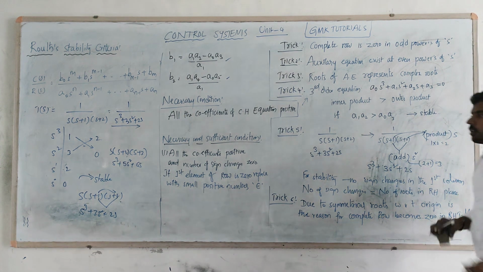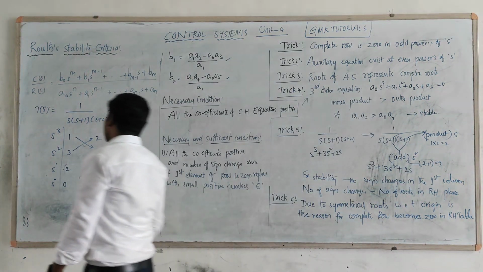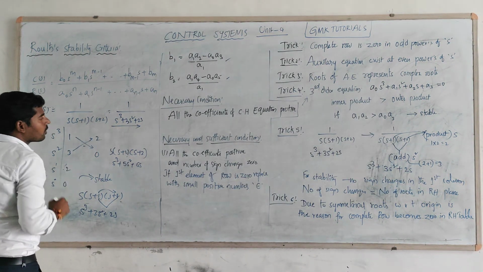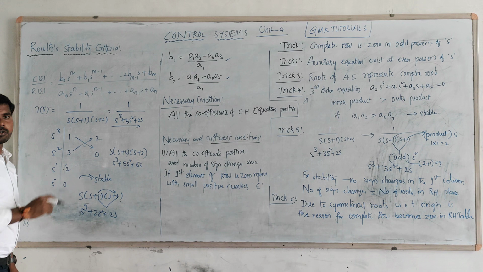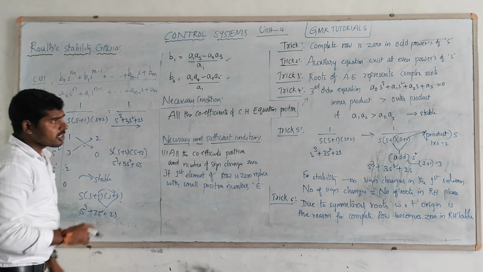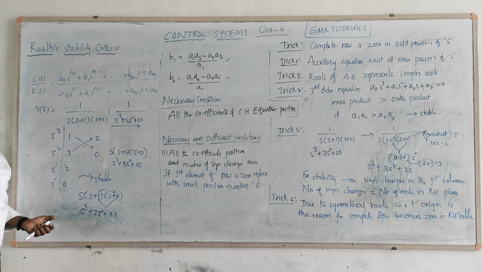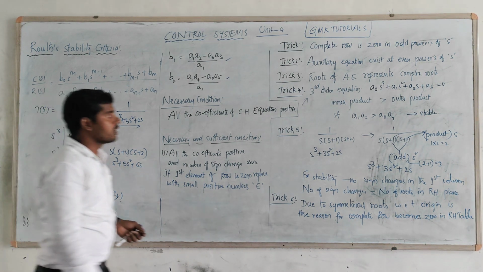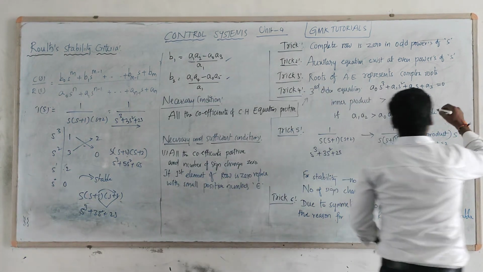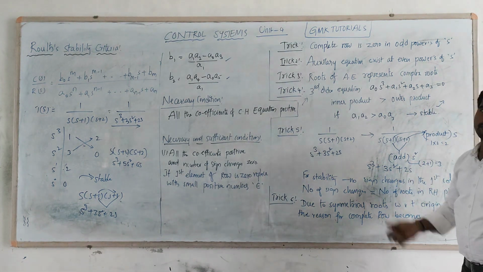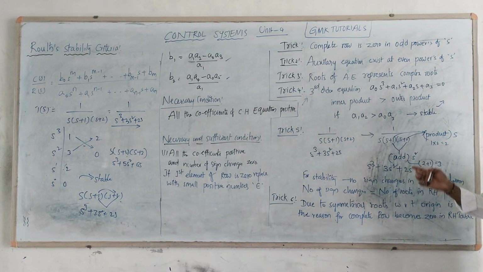Without calculating all those things, just you can blindly say that if the inner product value is greater than that value, the system is stable. So instead of finding all of this, that is also one more trick in this case. Okay, these cases are only valid for the GATE point of view. Just within a fraction of seconds you can answer the questions. That is the best method for this case.